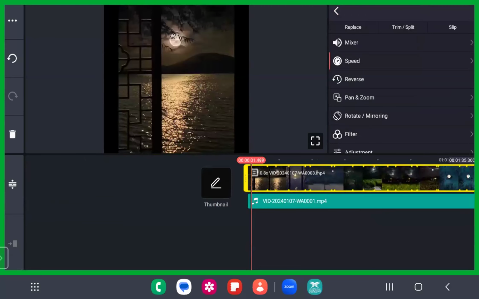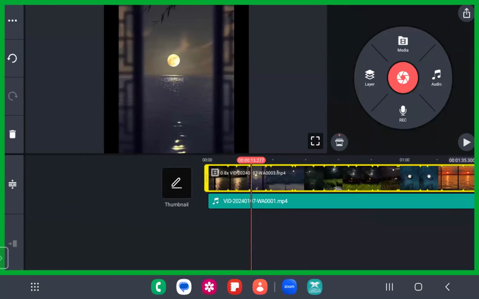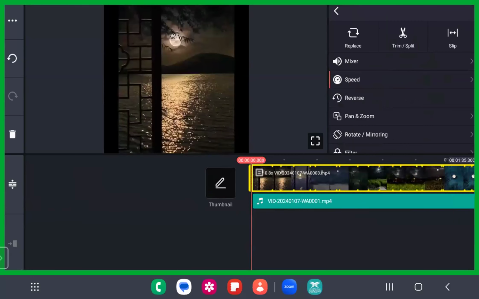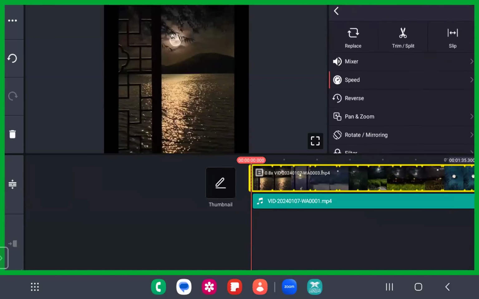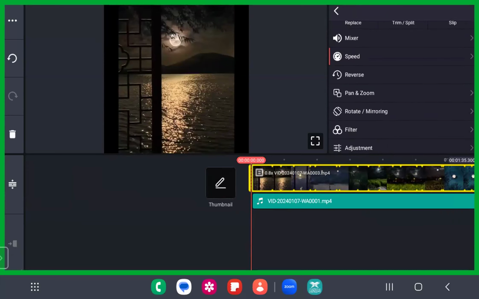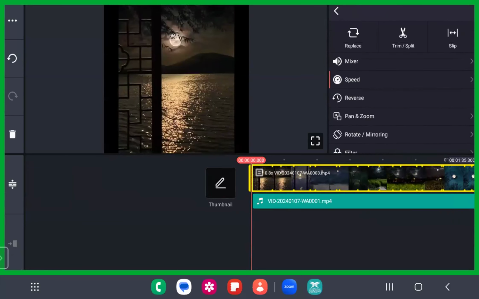Now let me just remove the voice of this background video. How to remove the voice? Please type. I want to see your chat box. I want you all to tell me what tool you will use to remove the voice. Yes, you're going to mute it. How to mute it?